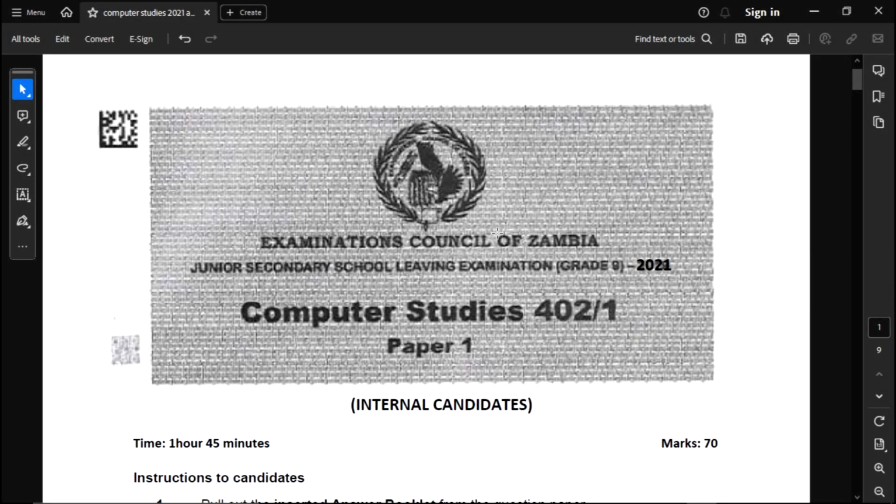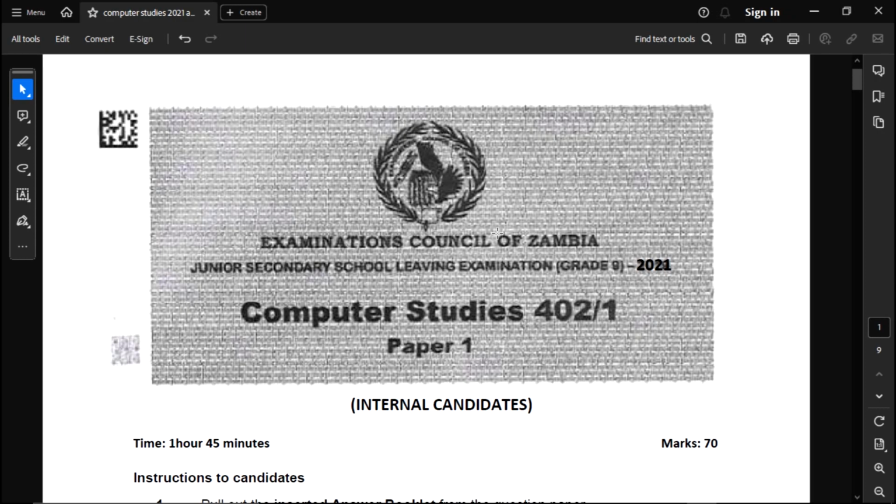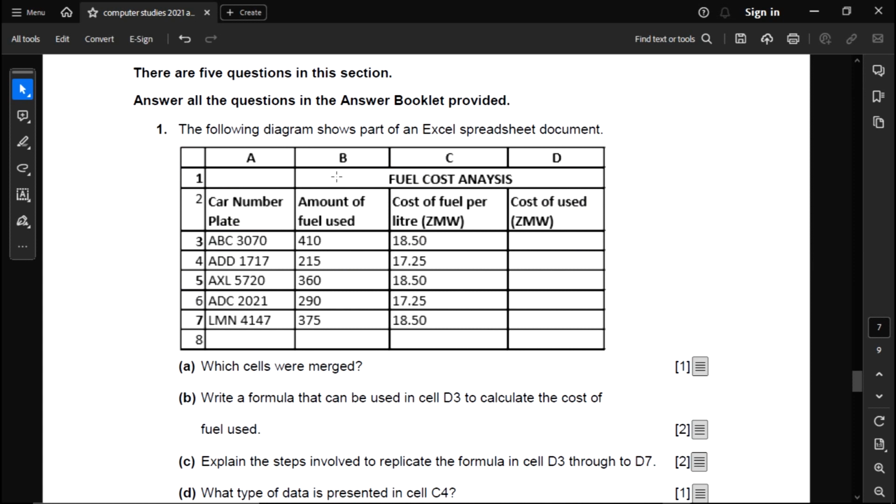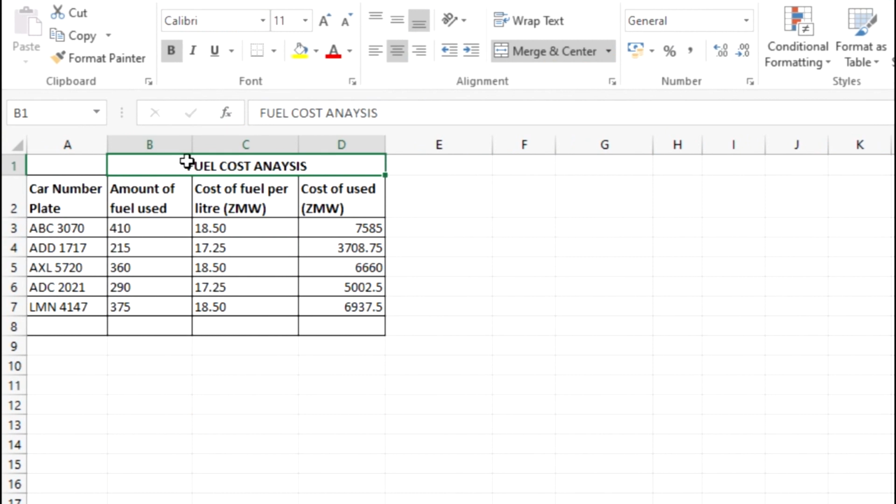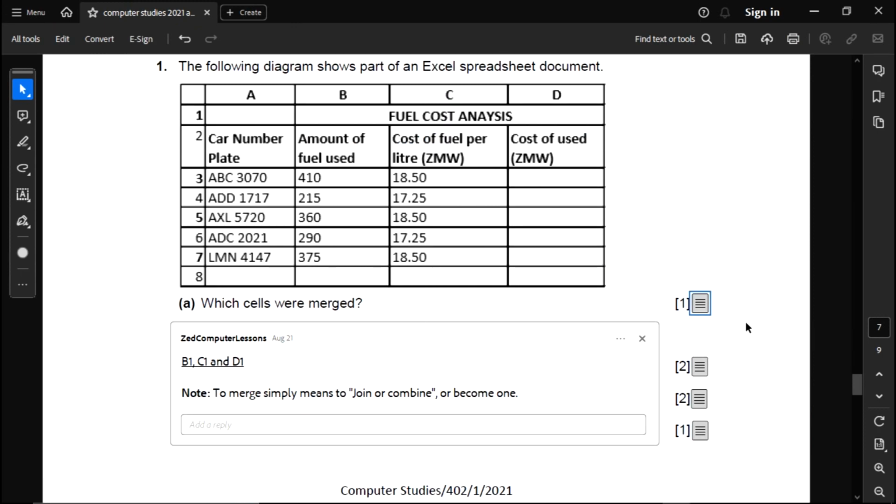Today I have some really interesting material for you. We are going to be looking at CS21, or should I say Computer Studies 2021. This is the paper that the internal candidates wrote, and I'm going to be sharing it with you. We are going to go through all the questions in this paper, and I'm going to provide the answers for